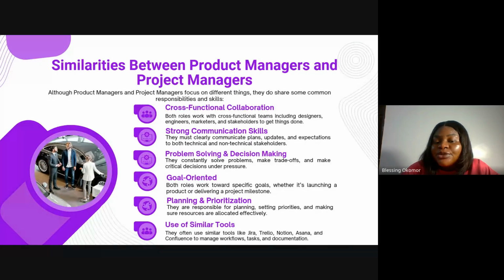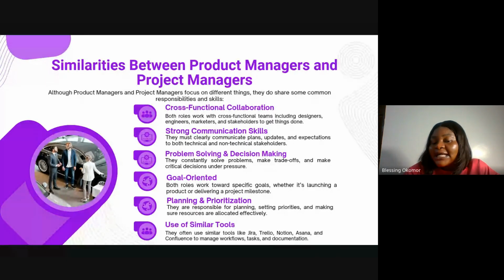The product manager and the project manager have some similarities. And before we even move to the next phase, there's something I will tell you. As a product manager in the startup industry today, you serve as both a product and a project manager. Yes, it's possible. That's why most times it's important you have an understanding of both roles as a product manager. Yeah, but as a project manager, you don't necessarily need an understanding of product management, right? Because yours is to align the team, get them to deliver. But the product manager is to collaborate, right? So if there is no project manager available, you can serve as a project manager, as a product manager, right?